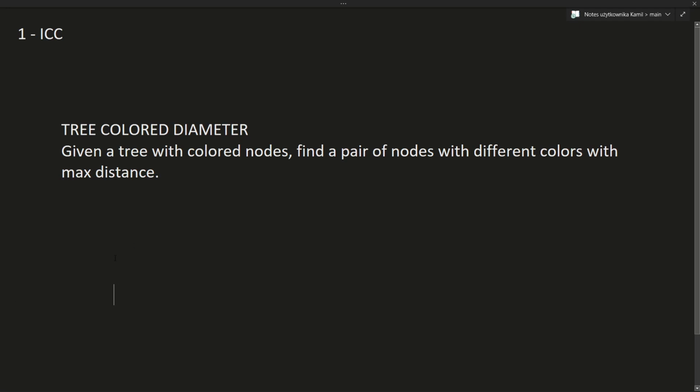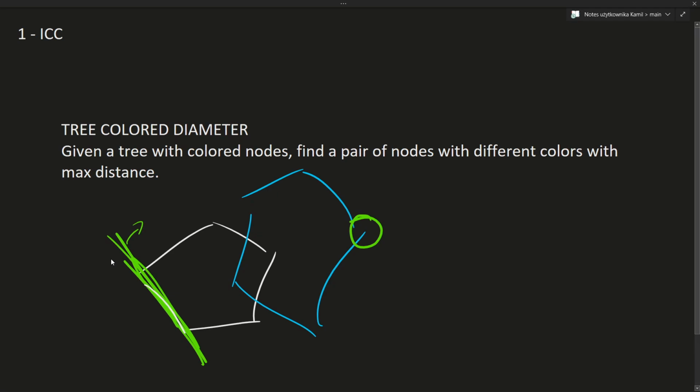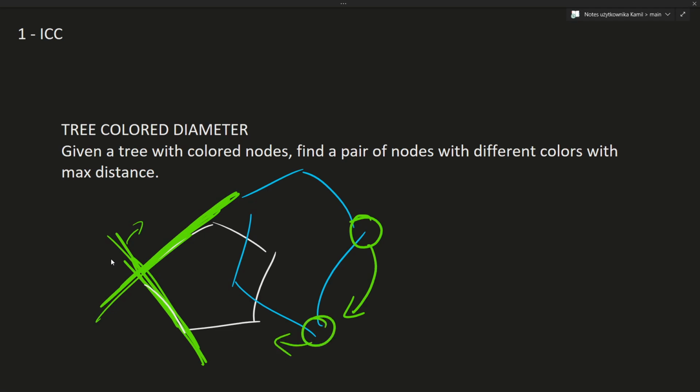Convex hull for two colors, I believe, is solvable with two pointers, but I'm not 100% sure. If you have this and that, you should use that for one segment here you will know what is the furthest in the other convex hull. Then if you move, again those are two pointers, one pointer in one convex hull, one in the other. If you move, and if you are now here, you will also move this opposite point there, and you will keep moving. And actually for this to work, you need to have a segment in one